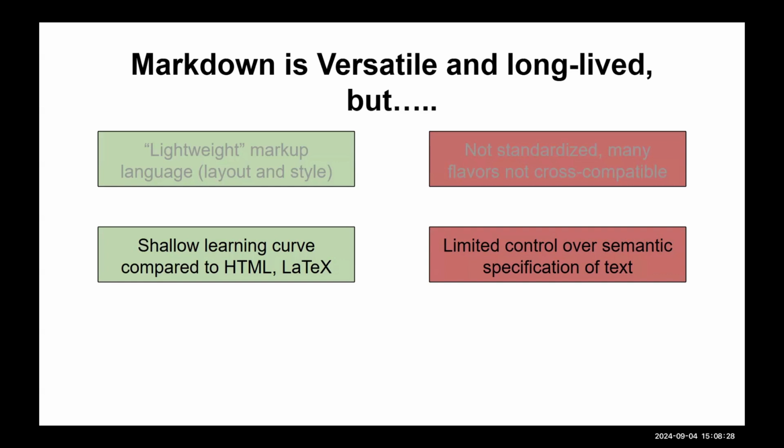On the other hand, in the case of Markdown, we have limited control over semantic specification of text. So when we write text in our README, we can't include a lot of metadata. Now, there are other ways you can do that, integrate other tools, but maybe you don't want to include that. Maybe those are decisions that you have to make, but that's of course something you have to invest in aside from the basic aspects of managing the project on GitHub.